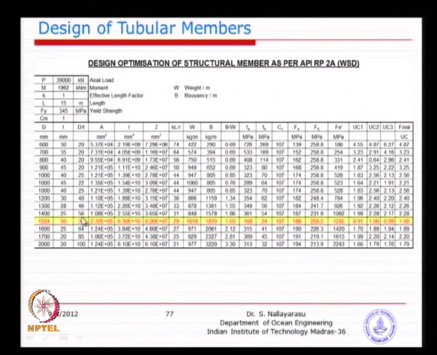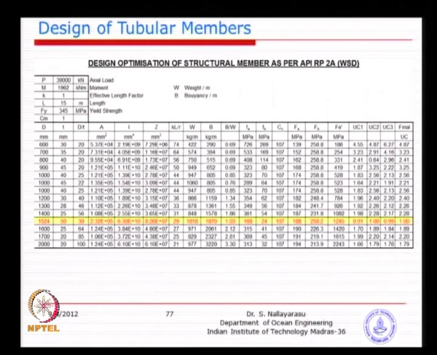Now, you can see here, we could work out many different answers, combinations of diameter and wall thickness, and in this case we started with typically 600 as the minimum diameter. Maybe you might be given a range of diameters to work with, you should start like that. Now, when you have a 600 starting point, I have just programmed the whole equations we discussed for the last 3 classes, starting from axial stress, allowable axial stress, bending stress, and then the hoop.